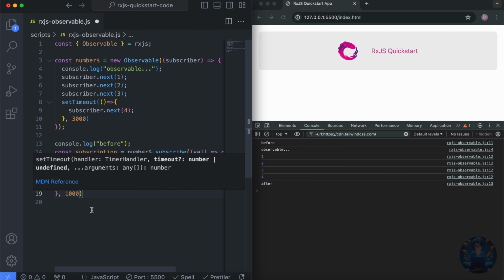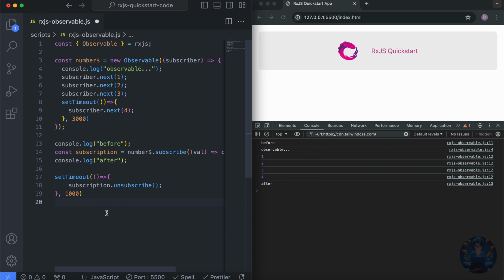So what we are trying to achieve here is we call this subscribe method, so the observer will start emitting the values, right? It will synchronously emit 1, 2 and 3. But for the fourth one, it has to wait for 3 seconds and then emit the value.